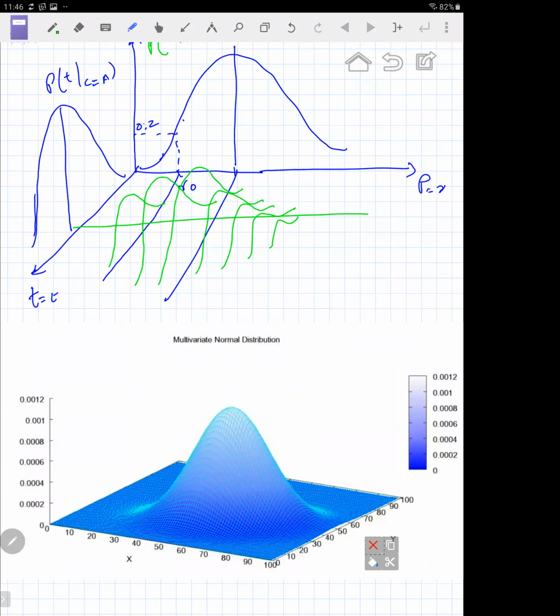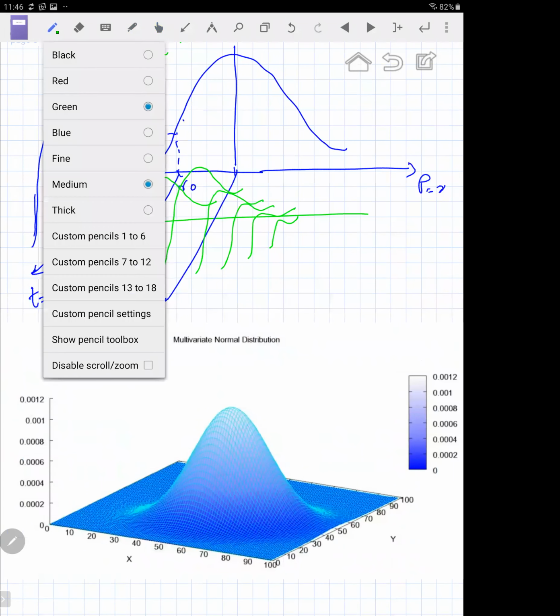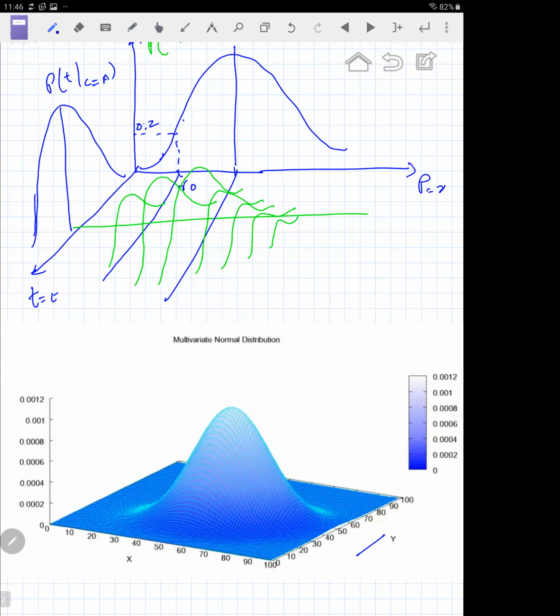So you have one variable here, you have another variable here, and here you have the joint distribution of x and y, which is equal to the probability of x times the probability of y. At any particular measurement of x and y, you multiply the individual probabilities and you come up with a point on the surface of this cone, which gives you the joint probability distribution. Right? Is this clear to everybody? Any questions?